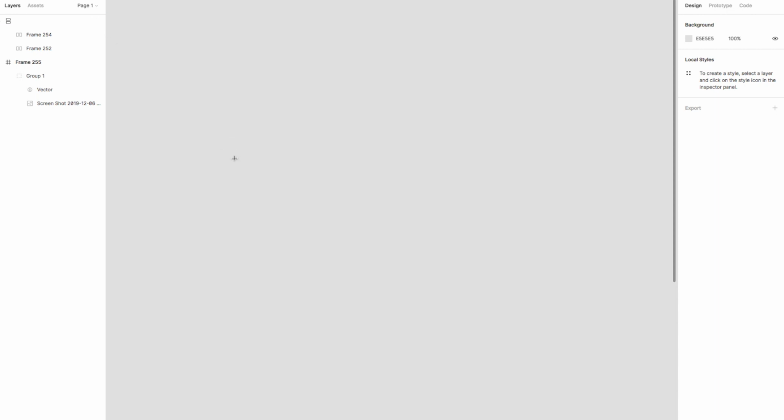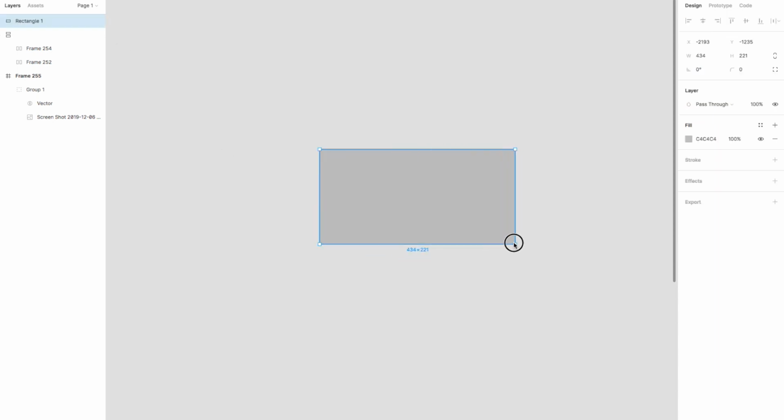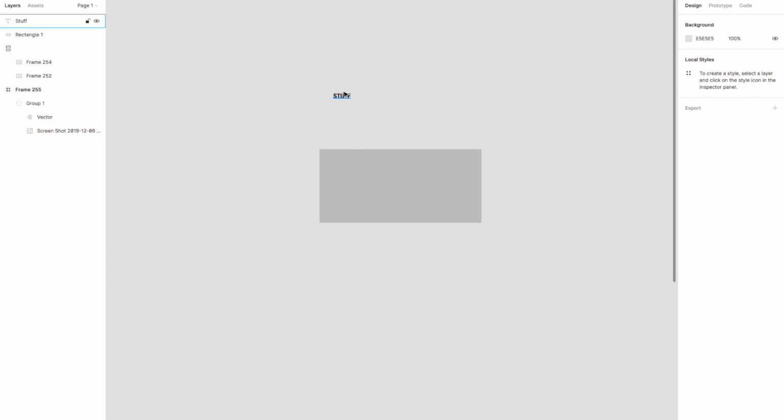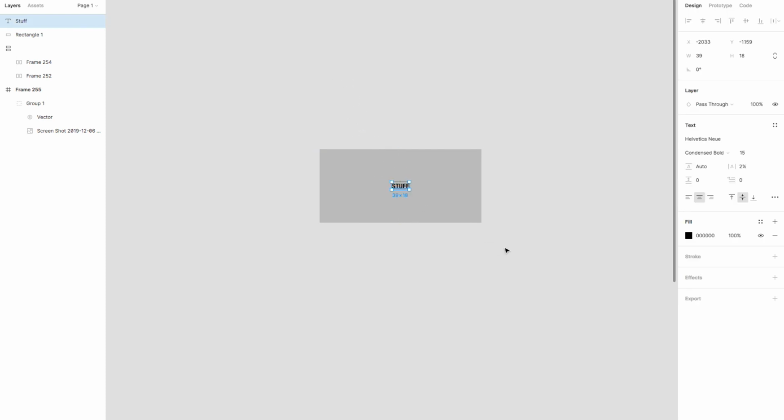We're going to create a rectangle. I'm going to show you the way that I saw some people doing it before I learned how to do it with auto layout. So I'm going to show the older way, and then I'll show you the newer way. So we're going to put some stuff in the middle. This is going to be our text. Let's increase this so that it's legible for this